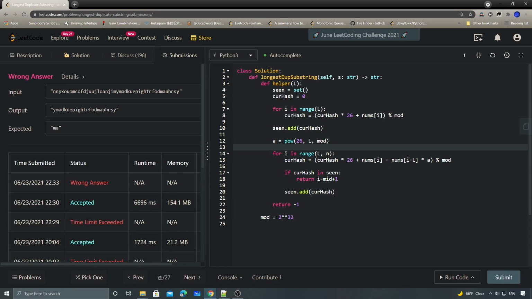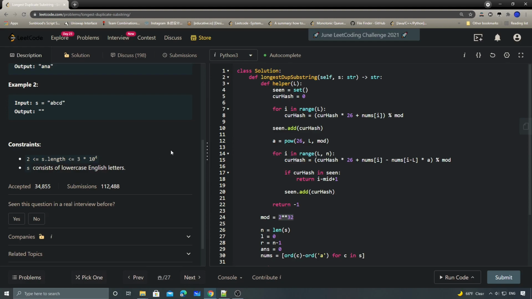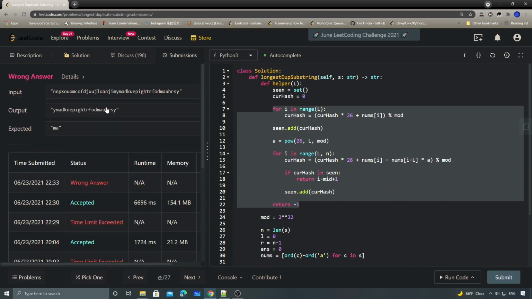Yeah, as you guys can see, this one failed at this testing case. Why is that? Because of the hashing collision, which means that this mod number is not big enough. Because we could have many combinations of the hashings here. If we didn't choose this mod number carefully enough, we might end up with a hashing collision, right? That's why this one failed,